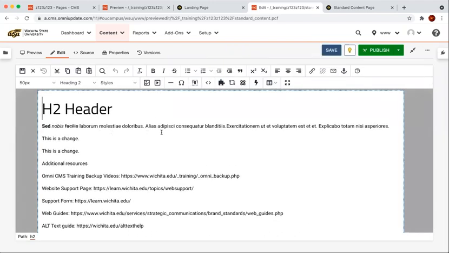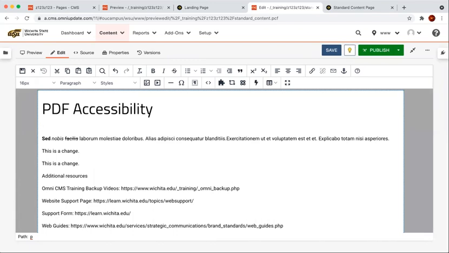So maybe I want to link my PDF page on here. I have a page devoted to training people in PDF accessibility. So I've added some text here for that, and I want to make this right here a link to my PDF accessibility page. So you'll see that the next button on the WYSIWYG toolbar is a chain, and the chain